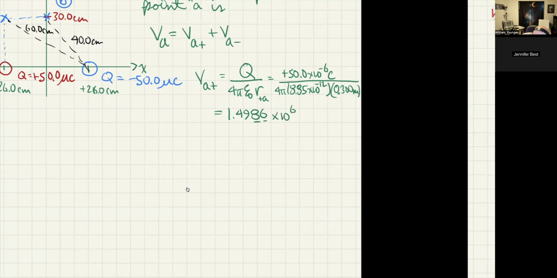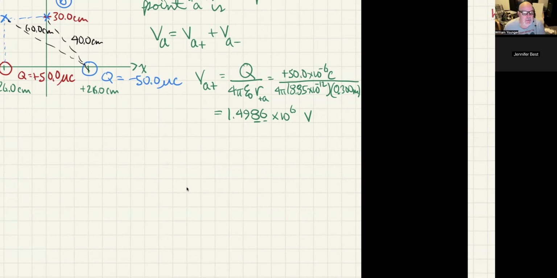And this should actually give us volts, because, again, a joule per coulomb is a volt. What we had in the bottom was a joule in the bottom and a coulomb on top. So it was a coulomb per joule in the denominator, which becomes a joule per coulomb in the numerator. So that is our electric potential in volts for the first charge.